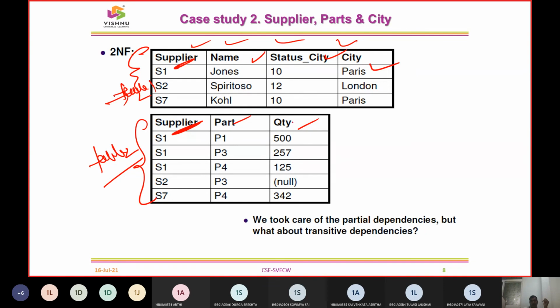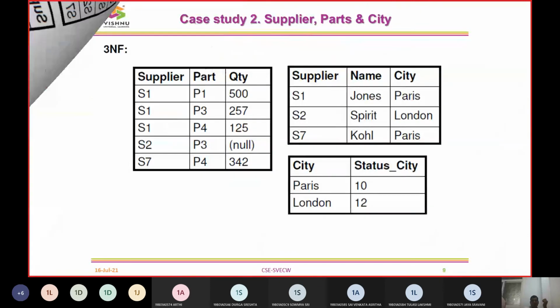So now you can see that parts are purely dependent on supplier, and quantity is going to be dependent on the supplier. So every supplier has a name, every supplier has a status city, and every supplier is going to have its own location. So now we talked about two items. One, we call atomicity of values. Two, it should have a functional dependency. That is, the fully functional dependency on a primary key was better.